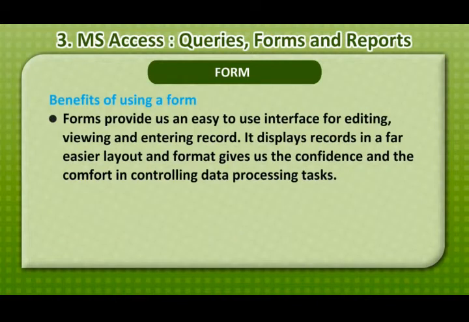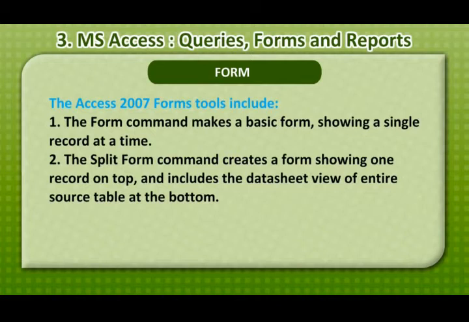Benefits of using a form. A form provides us an easy to use interface for editing, viewing and entering records. It displays records in a far easier layout and format, and gives us confidence and comfort. Now the Access 2007 form tools include the form command, which makes a basic form showing a single record at a time. The split form command creates a form showing one record on top and includes the datasheet view of the entire source